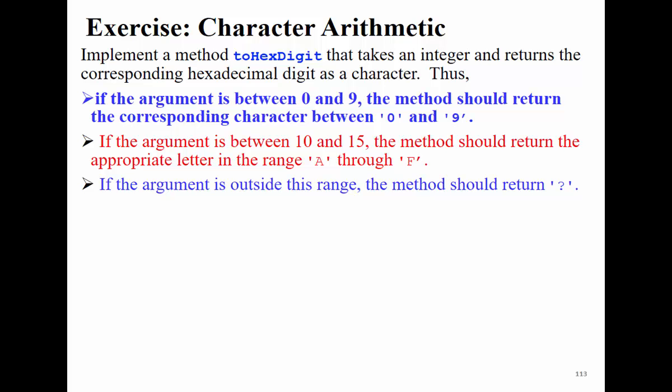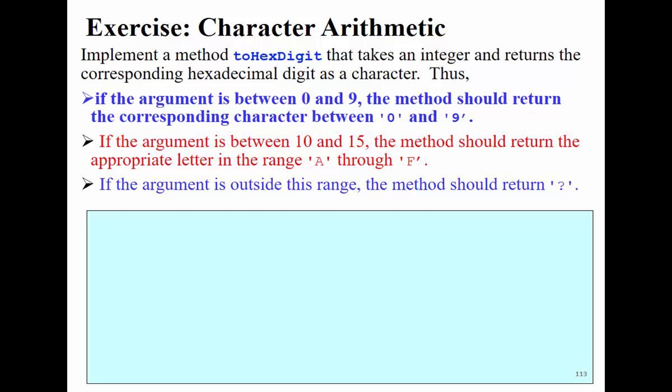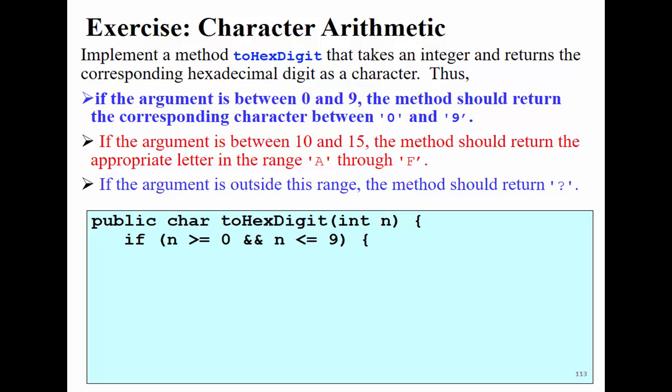So we're going to implement this method. That is what is required for us. We're going to receive an integer. If the integer is between 0 and 9, we're going to return the corresponding character. If the integer's value is between 10 and 15, we're going to return A for 10, B for 11, C for 12, and F for 15. We receive an integer, and we return a character, as you can see. Public, char as a return type, the name of the method is given to us, and int as an argument.